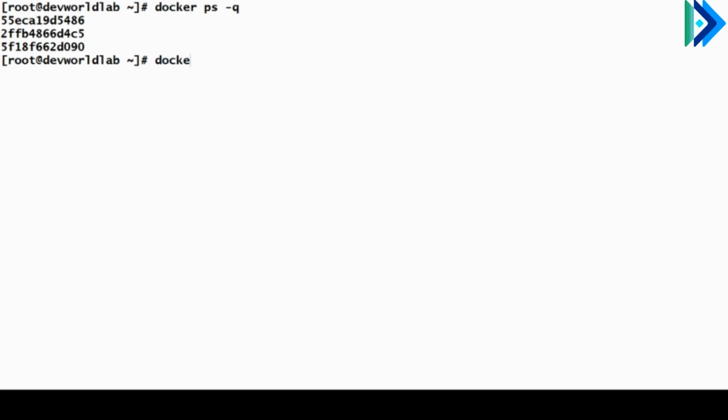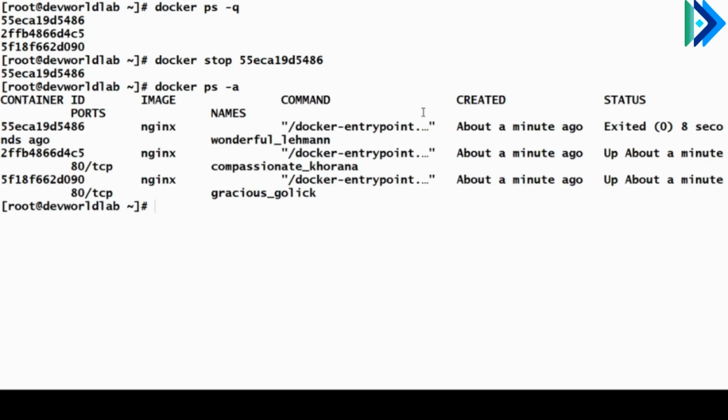Select the container to be stopped from this list. Now to stop the selected container, use the command docker stop container ID. Check the status of the container again. See, the status of the container is exited. That's because the container is stopped.